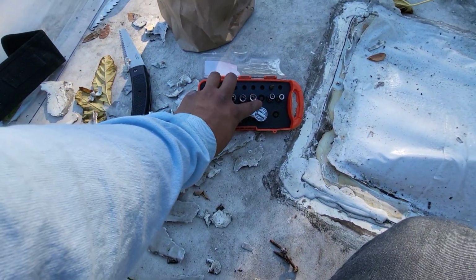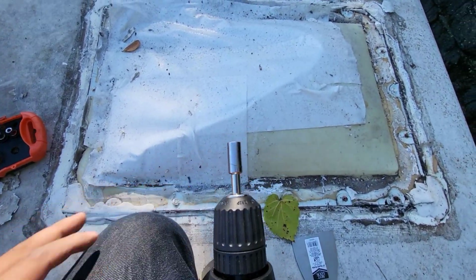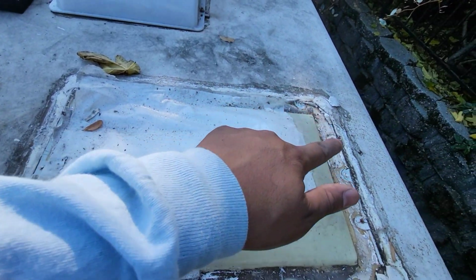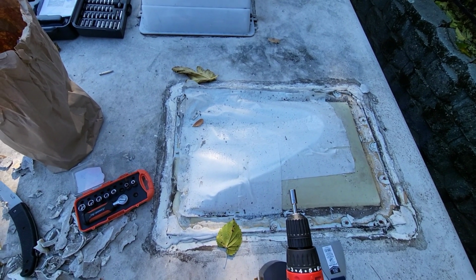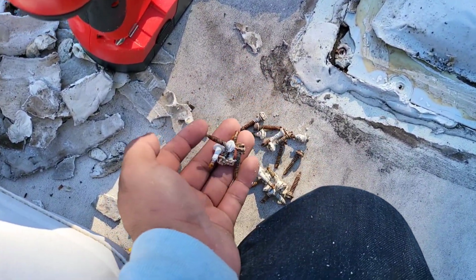I needed a 6mm for this, so I got the first one out, second, third. We're gonna go all around this, take all of them off, and I'll be back to show you guys the next step after that. Alright, now that we got all the screws out of the way,